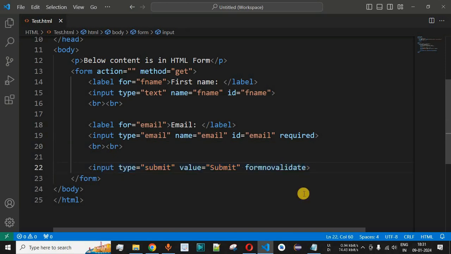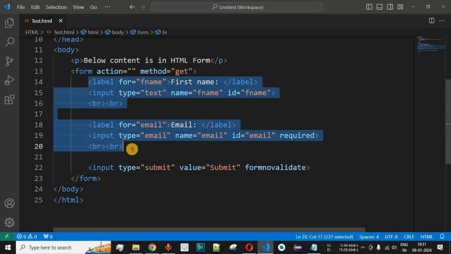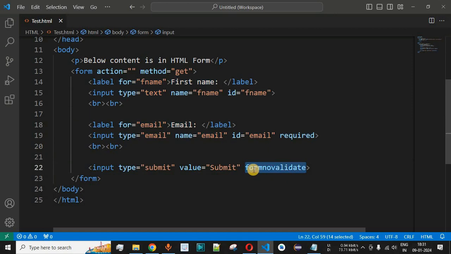So guys, in this way, based on your requirements, if you want to disable all the validations for the input fields that are present inside the form tag, you can either use the formnovalidate attribute that is linked to the submit button over here, or simply you can use the novalidate attribute as well inside the form tag in this case.